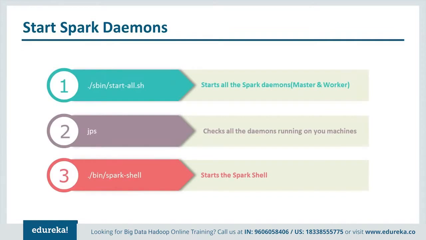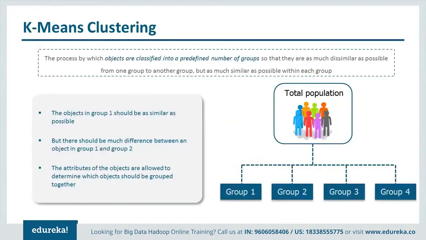You can use JPS like Hadoop, and then in order to start the Spark shell, you can use this. And you could go ahead and try this out. This is very similar to the Hadoop part that I just showed you earlier, so I'm not going to do it again. And we've seen Apache Spark also. So now let's take a look at k-means and Zeppelin. K-means is the clustering method, and Zeppelin is what we're going to use in order to visualize our data.